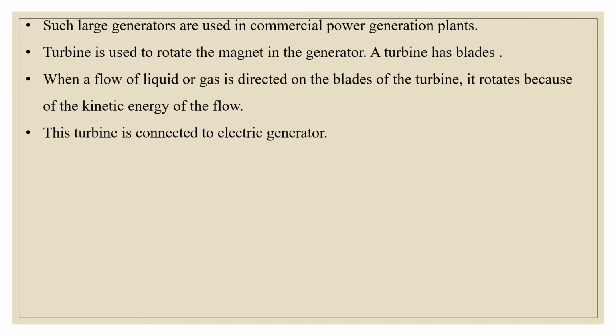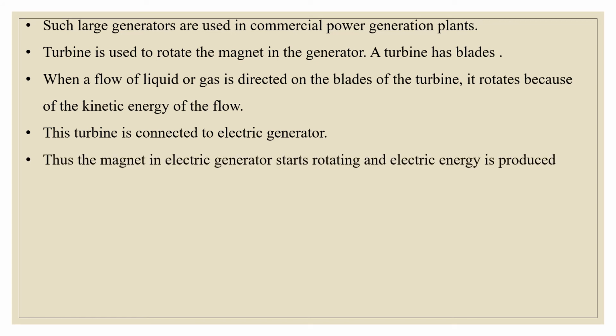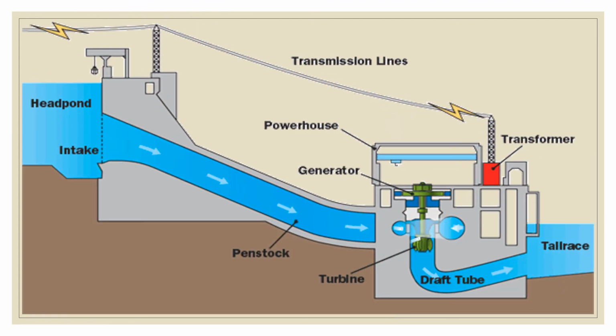This turbine is connected to the electric generator. Thus the magnet in the electric generator starts rotating and electric energy is produced. So the magnet in electric generators starts moving and electrical energy is produced. Let us see how these turbines